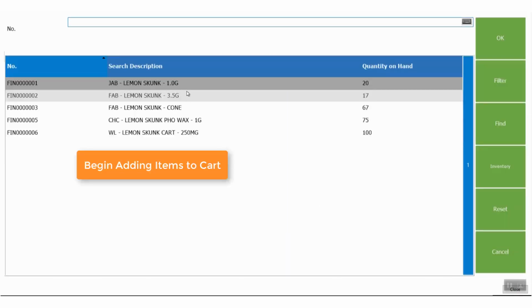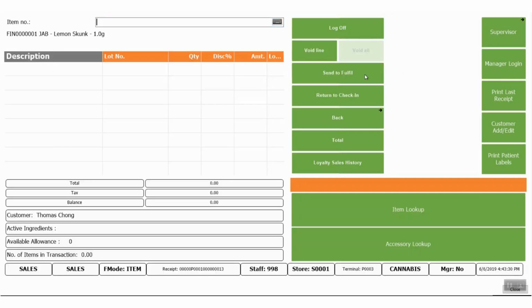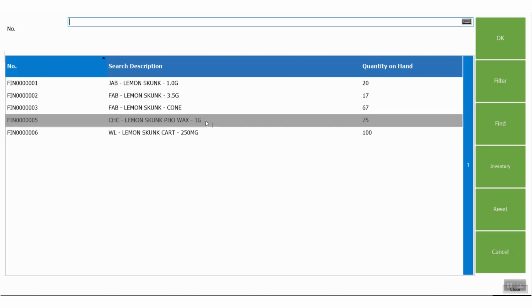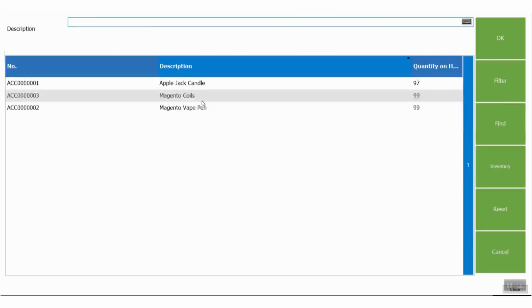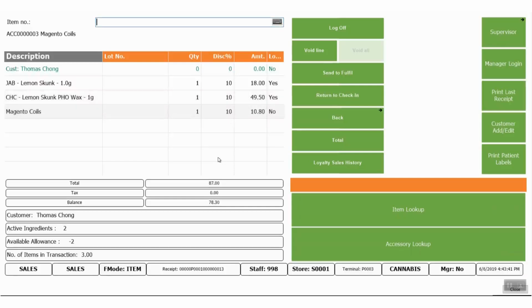We're going to add a 1 gram lemon skunk. We'll also add a gram of wax, and maybe a non-canvas item as well. Now from here we've got the customer's items. I do want you to take note of this area right over here near the amount. Right to the right of the amount there is the column for lots, and it shows yes or no,